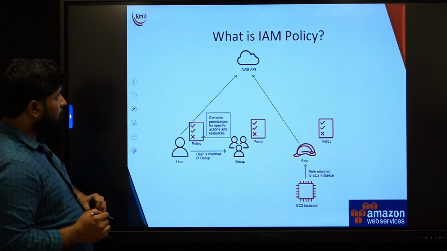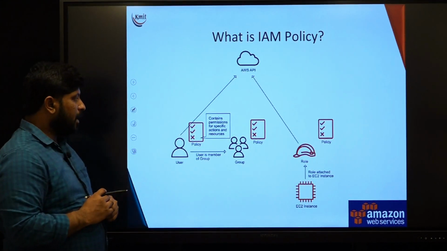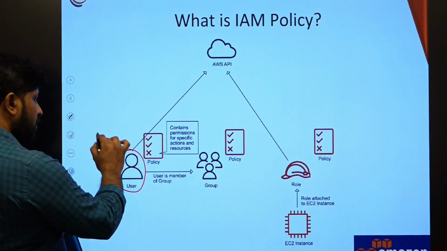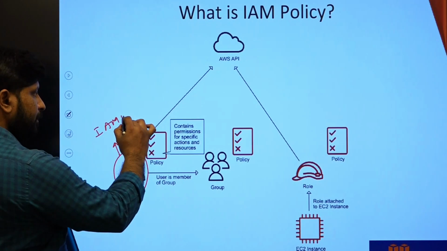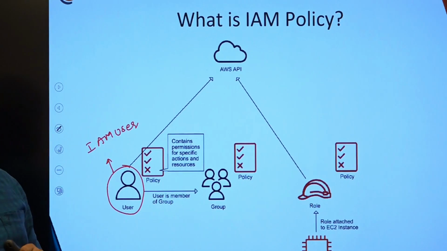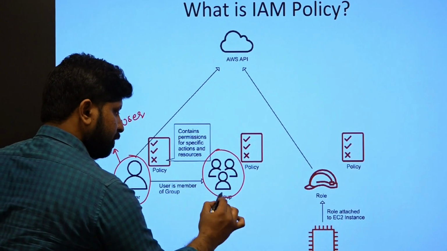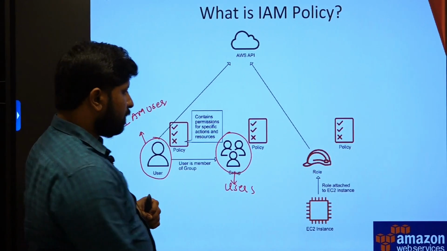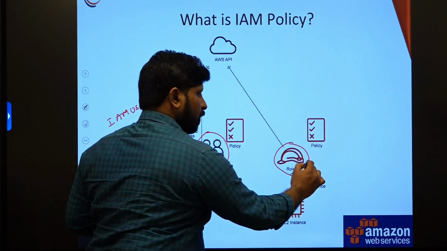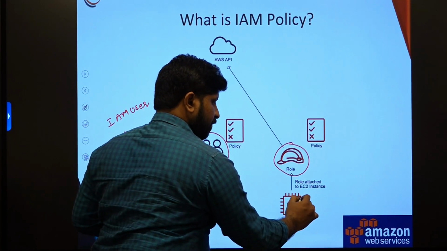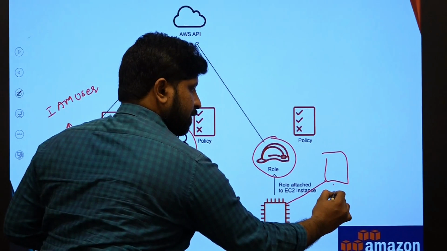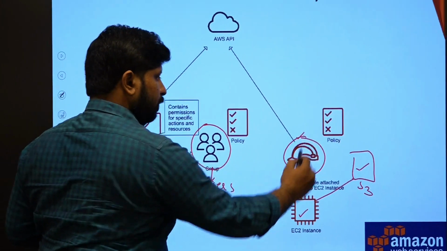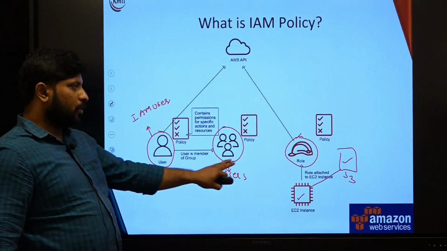So, let us have a look at what an IAM policy is. Basically, a user that we had experience with as an IAM user, or a group of users, or else a role, where one particular service can communicate with another service. When a service needs to communicate with another service, we require a role. So, all these users, groups and roles,